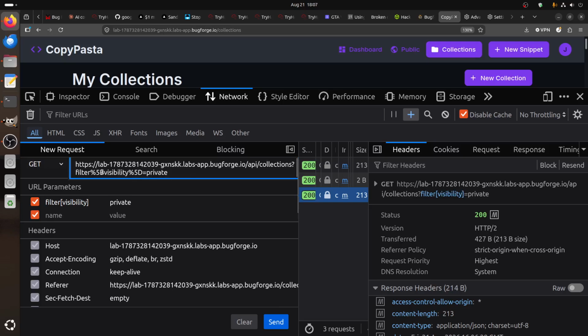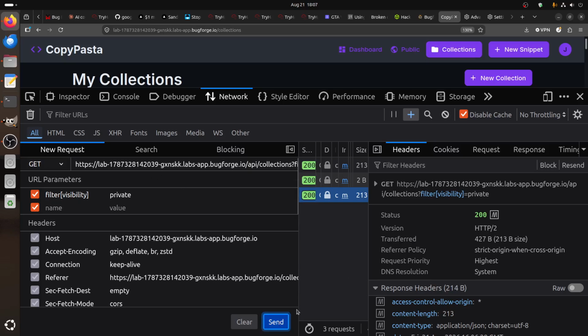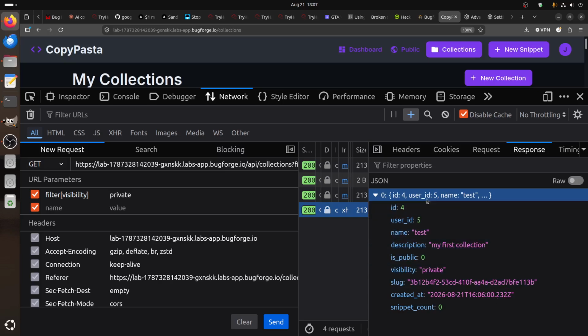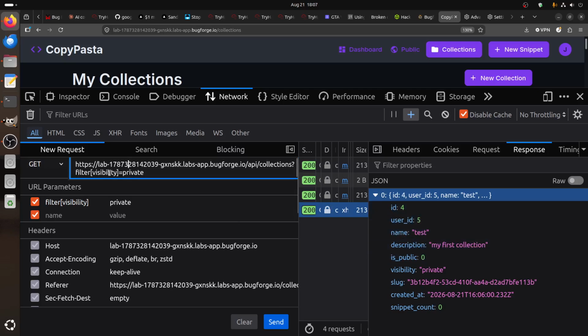So we have now, this is just Firefox. Let's make it so everybody can see exactly, Firefox will do the encoding automatically. So if I do private, the response is mine. So my response is the one that we just created. So the question, where is the flag? The flag should be in another ID, because remember, if you